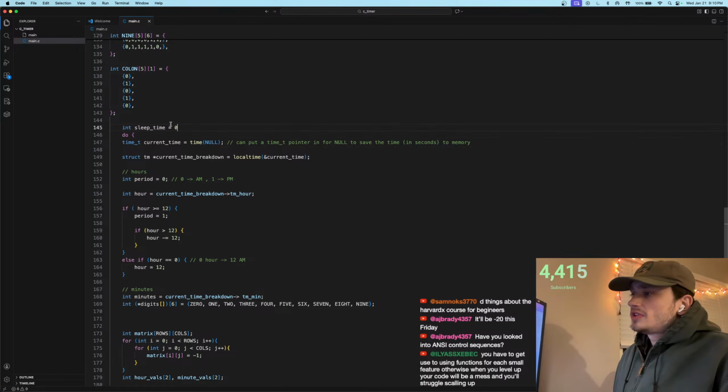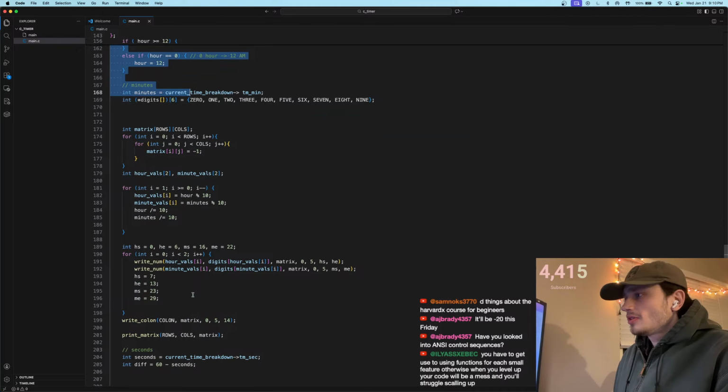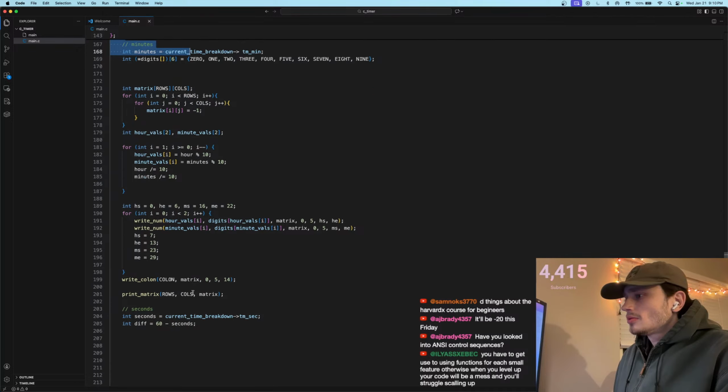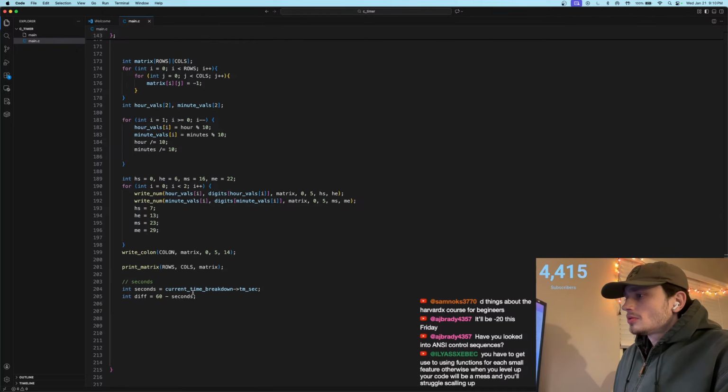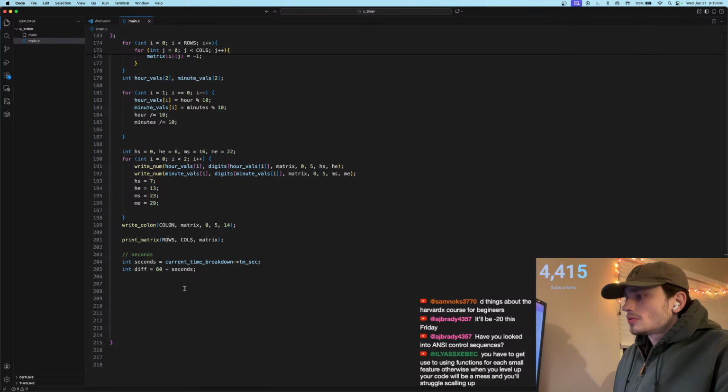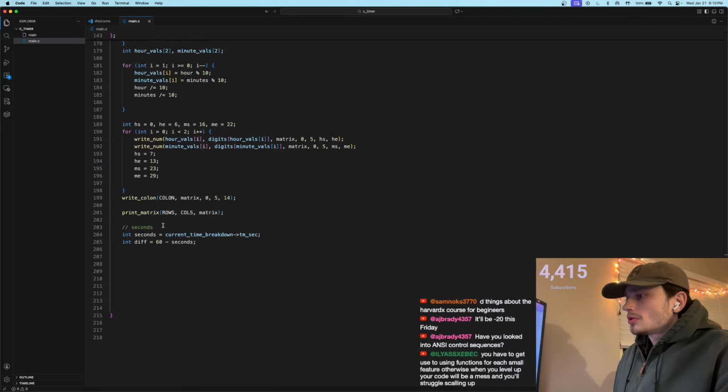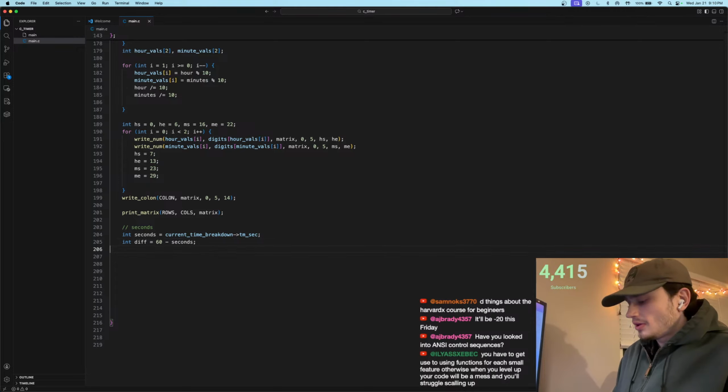So if we say sleep time equals 0, we do the following thing. We compute this while, and then we say